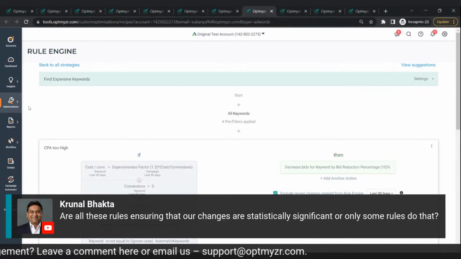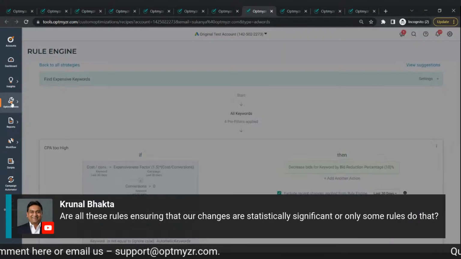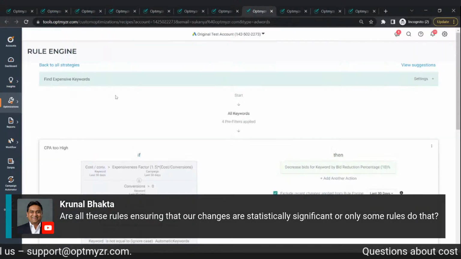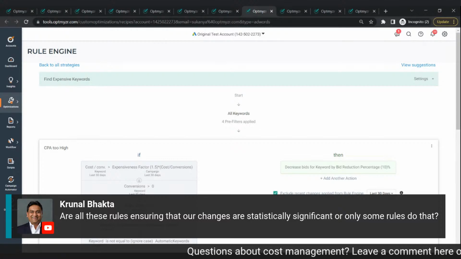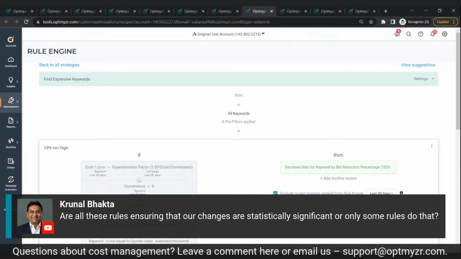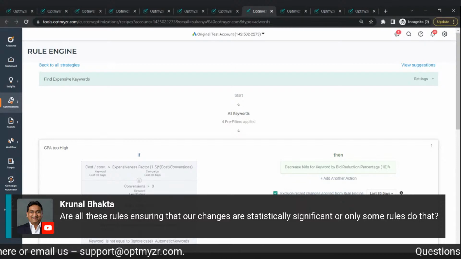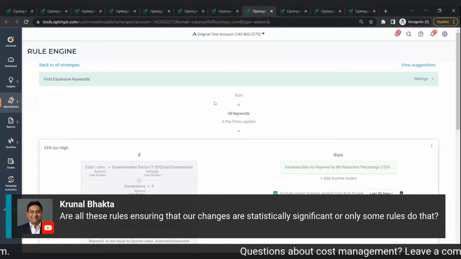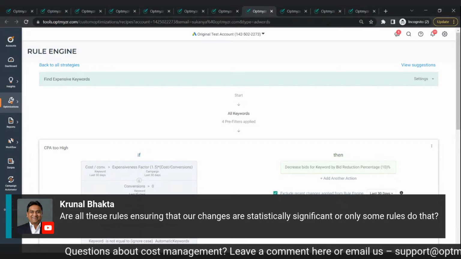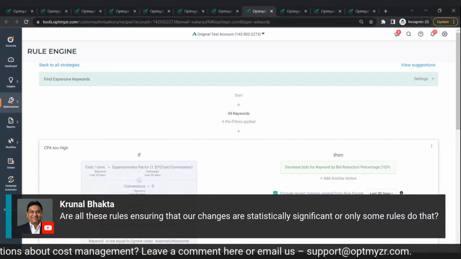Moving forward, we have a great question here from Brunel. He's asking if all these rules ensure that the user changes are statistically significant, or only some rules do that. So that's a great question. The rule engine works based on lookback windows and historical data. Of course, you can set very interesting conditions to help you ensure or increase the confidence of the analysis that the tool will do. Like what we're doing here, where we're comparing the cost per conversion at the keyword level